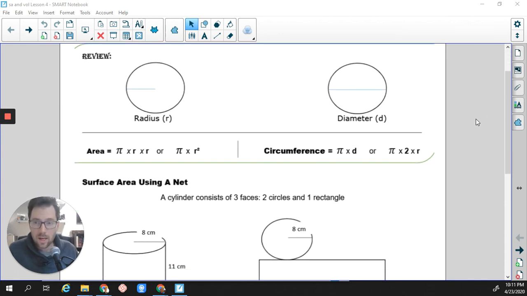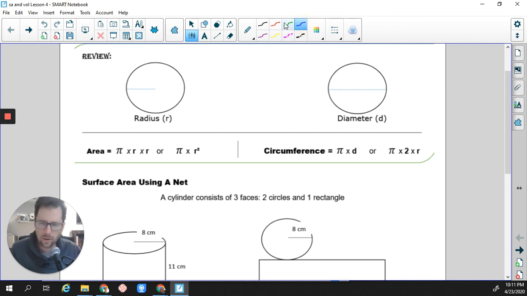So let's take a look at a couple things here really quickly. We know a few things from before, or if you kind of forget, let's recap real quick. We know that a radius is halfway from the middle of a circle to the outside. Okay, that's the radius. We know that diameter is the entire way across. Okay, if we're trying to figure out the area of a circle, we are going to be going pi,